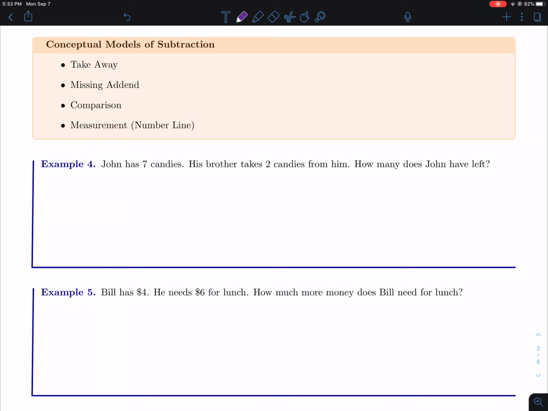All right, so again, we want to focus on the techniques, not necessarily just what the answer is, because I'm sure you can just shout out what the answer is, but we want to focus on how we'd actually get these answers. So the takeaway method is kind of like the set theory method, but instead of adding stuff to a pile, we're going to take things away. So in this case, John has 7 candies. His brother takes 2 candies from him. How many does John have left? So what we want to do is start off with, whoops,